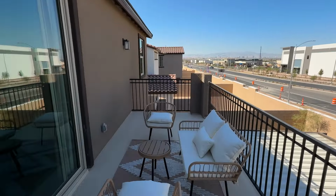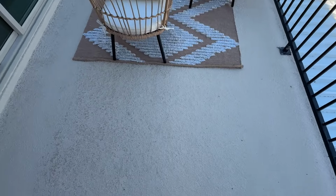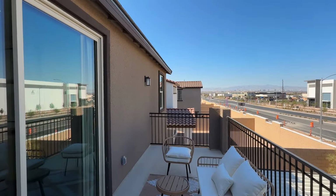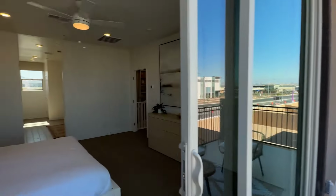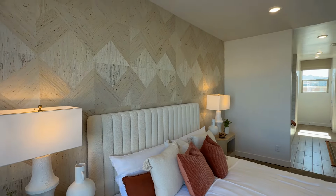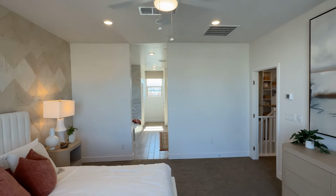But here is, you're covered. I mean, not covered. Here's your balcony. You're so used to seeing covered balconies. I wish it was covered though. That would make it even better. So now let's come over here